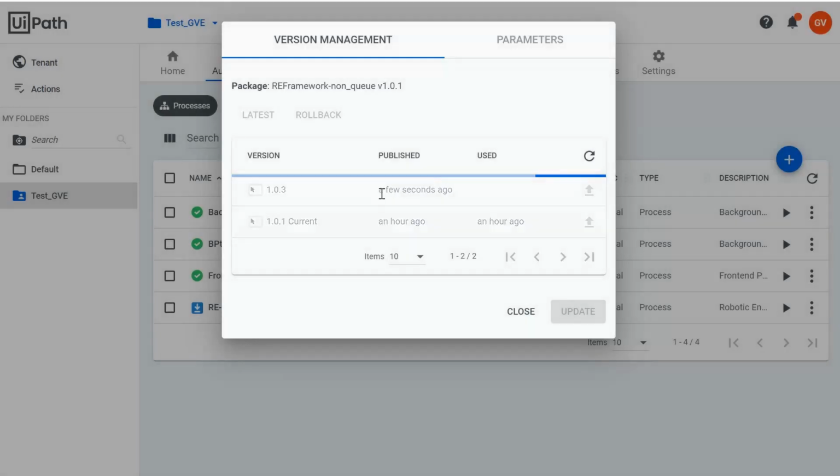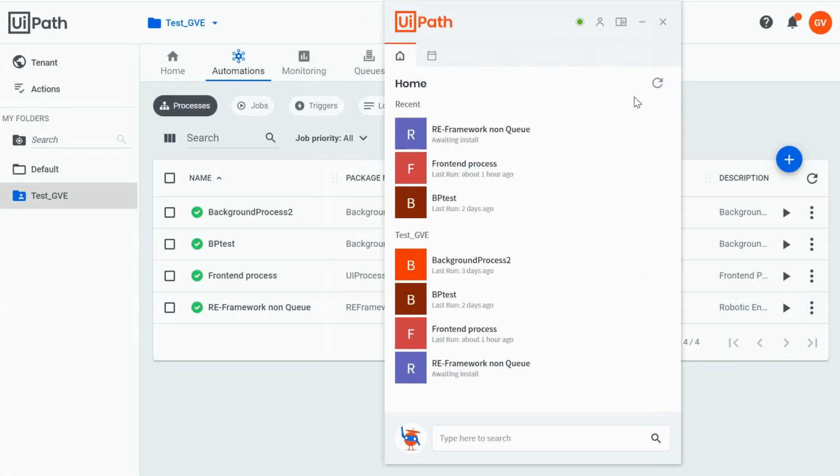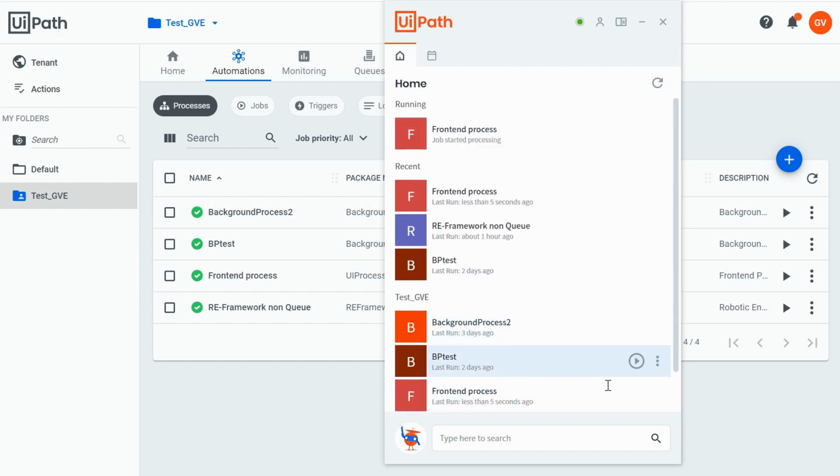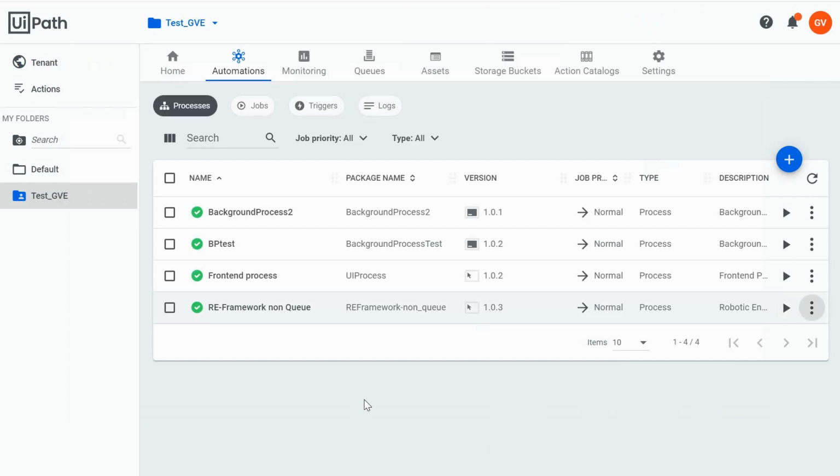So use this one. Now let's open our assistant, waiting install. We have a new version here, let's install it. All right, and now let's start the same thing. Let's start the front end process and then our non-queue process, which should run in background right now. Run this, and we run